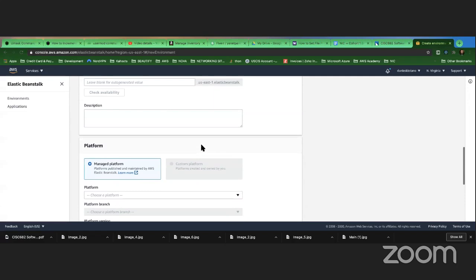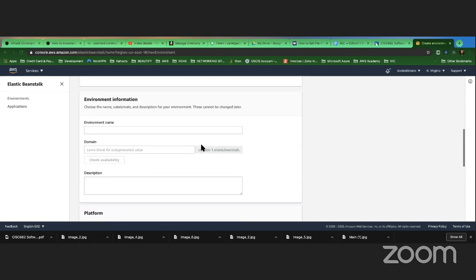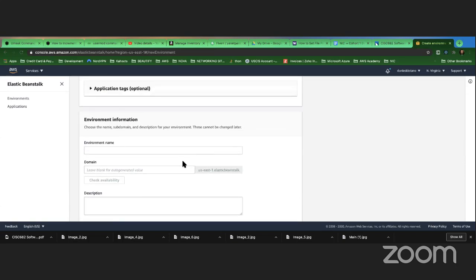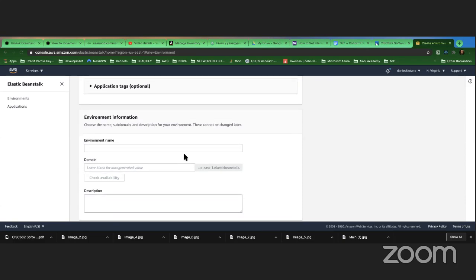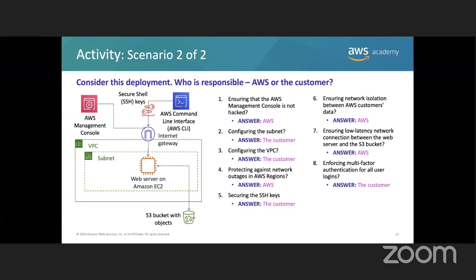If you have an EC2 instance, then you have more control and more flexibility because that's infrastructure as a service. Elastic Beanstalk will do everything for you. It's a managed service. If we go back here, let me see if I can go back here.